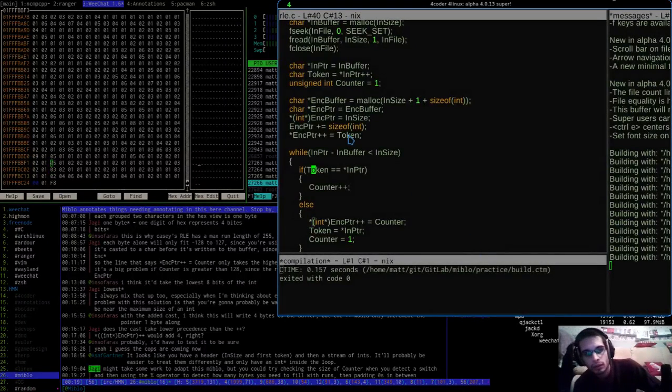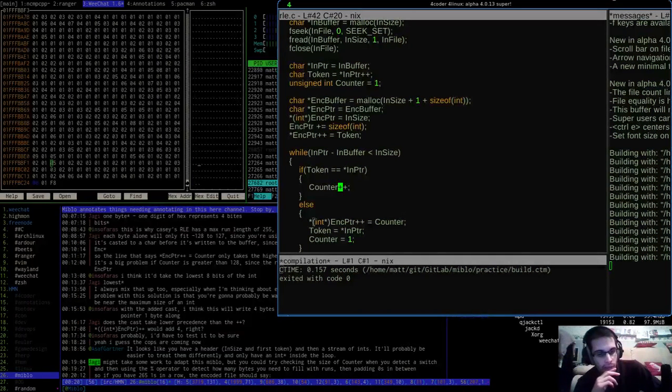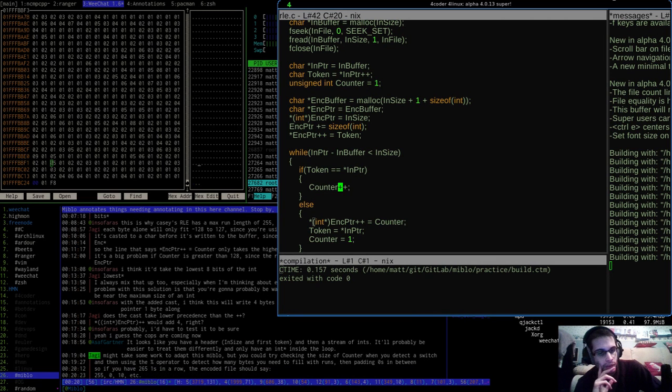Ah, okay. Because I've currently got a char star. I'm currently char starring. Oh, I see what you're saying. So basically, yeah. So I'm always incrementing the right number. Try checking the size of the counter when I detect a switch, and then using the percentage operator to detect how many bytes you need to fill with runs, and padding zeros in between. So if I have 265 ones in a row, the encoded file should say